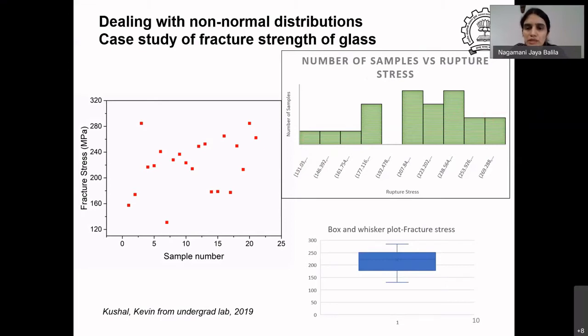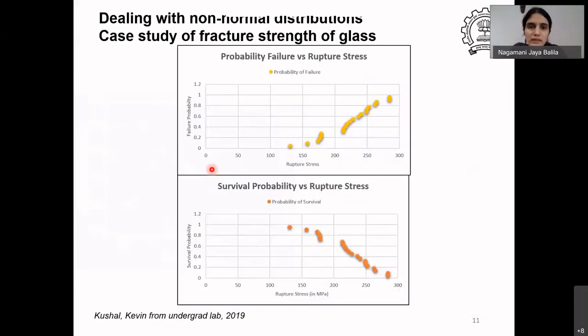If you see the box and whisker plot also, you'll see the median is skewed. It's not the same as mean. And therefore, this tells us that this is not a normal distributed data. So what do you do with it? You can fit what is called the cumulative distribution function, which you can again learn in the R part. This is a good example to therefore use. We will give you the data sheets, probably not today, maybe in the next batch, next week.